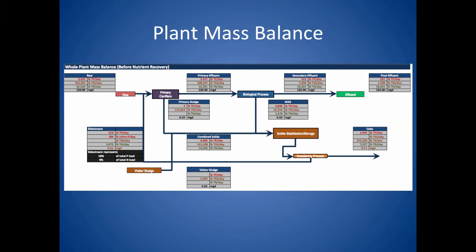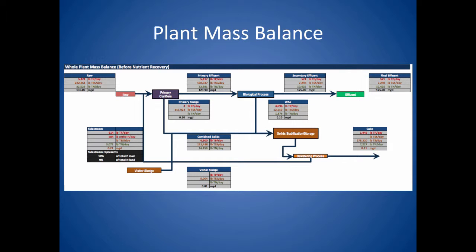The plant mass balance schematic diagram shows the distribution of total suspended solids, total nitrogen, and total phosphorus throughout the plant prior to nutrient recovery. Wherever you did not enter data, the mass balance box for that area will not contain any numbers. This information gives you an estimate of the amounts of nutrients that are available for recovery in the various streams